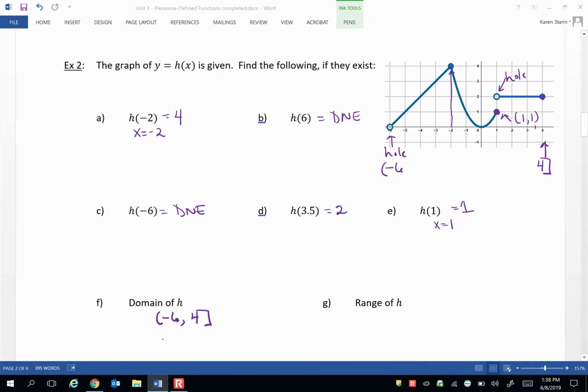The range of h. So I look at the range by reading from bottom to top, and it looks like I pick up 0 at the origin on the parabola piece, and then as I keep moving up the graph, I stop having any function values at positive 4, and there's a bracket there because they're between the constant or the parabola function in the middle and the linear function in the left piece. They both reach a maximum value of 4.